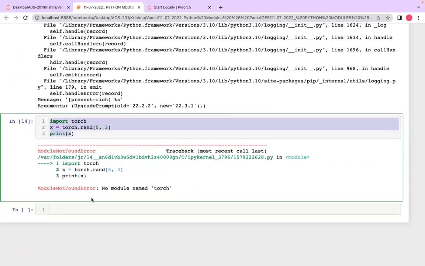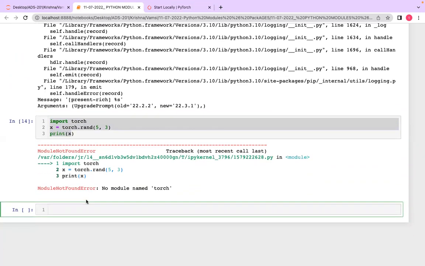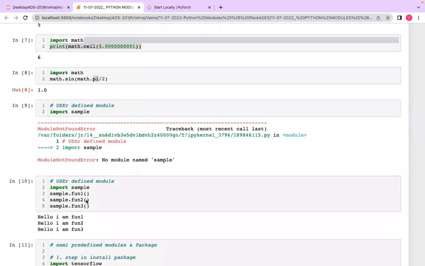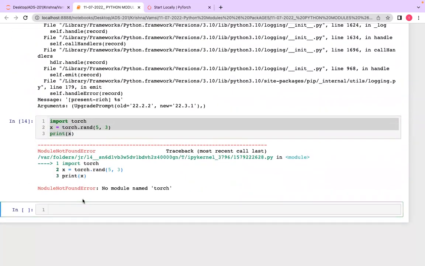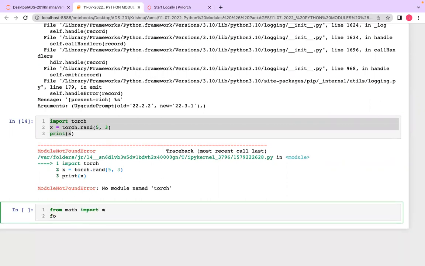Okay, as of now this is fine, but whether it is a predefined or user defined module, using the full name every time is not a good idea. So we use the import command and rename it with your own name, whether it is predefined, user defined, whatever it is.